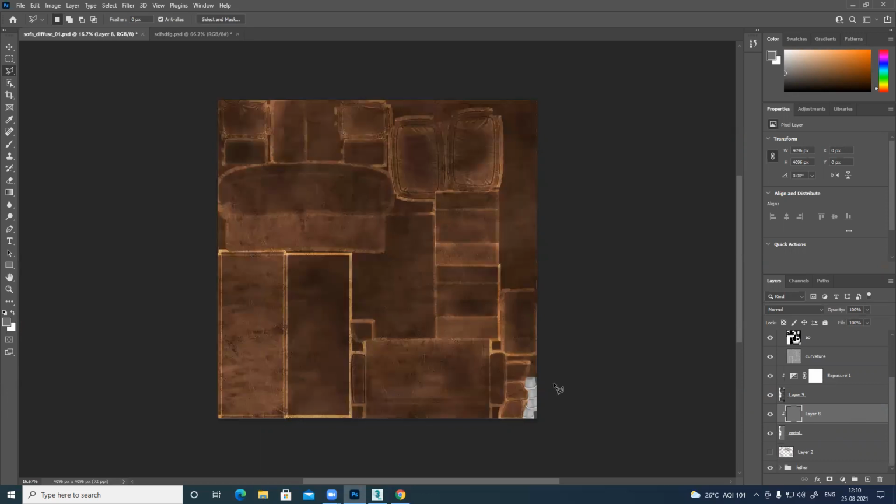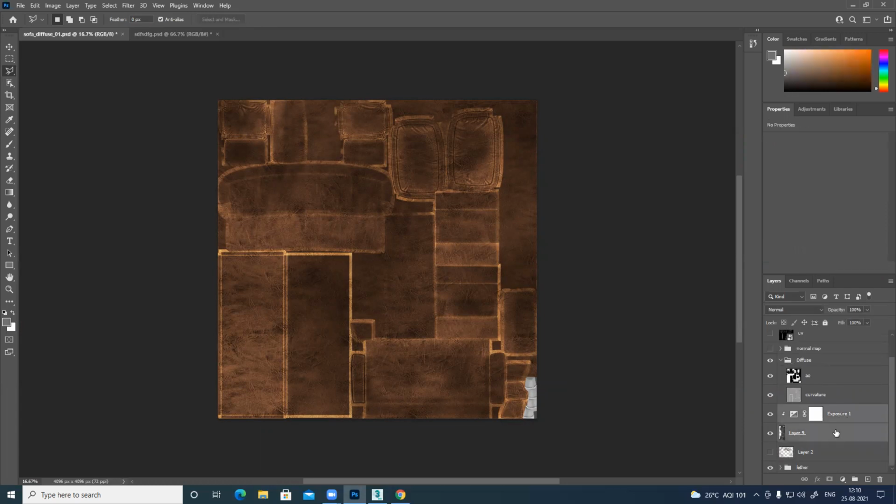Exposure should affect only this area, and this is already painted, so all those things I can delete, and these two I can merge. That's a solid color layer, nothing is there. So all these things are there.